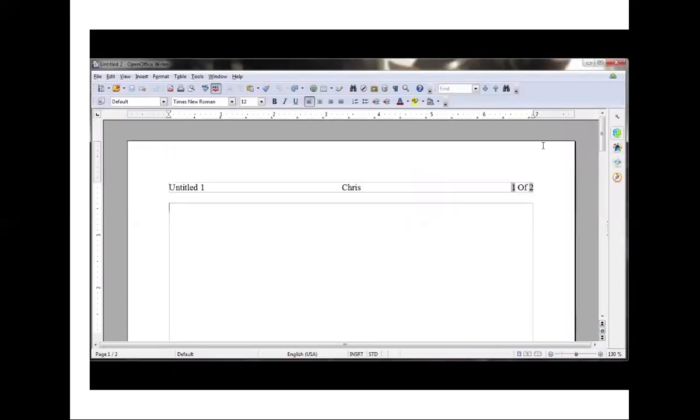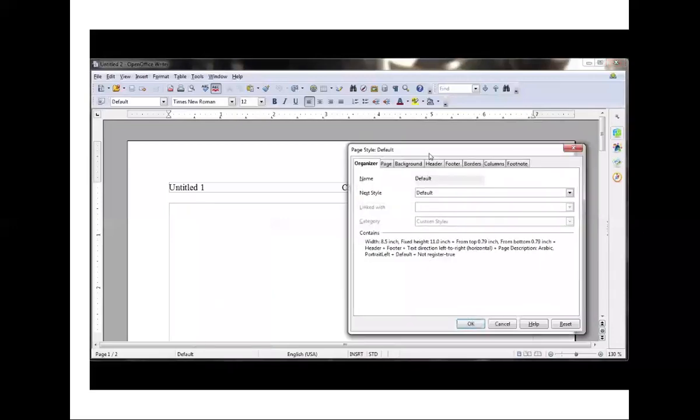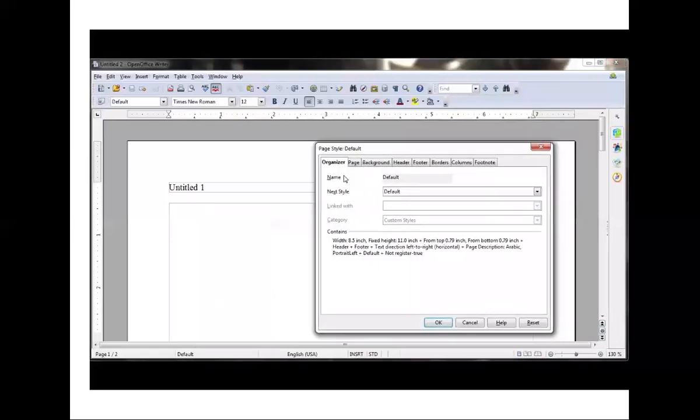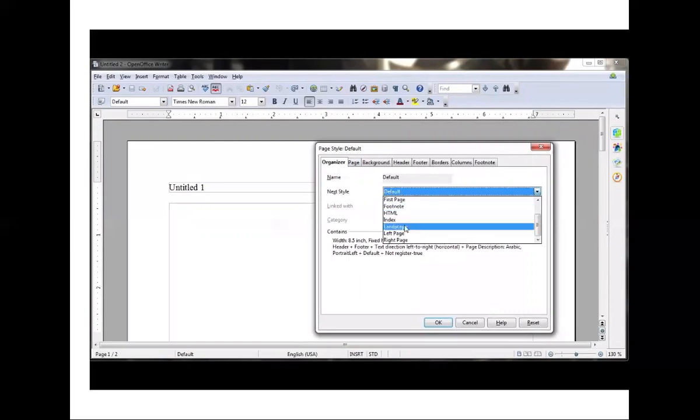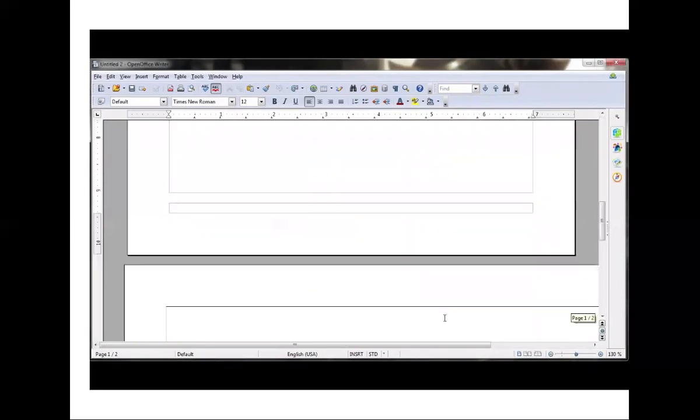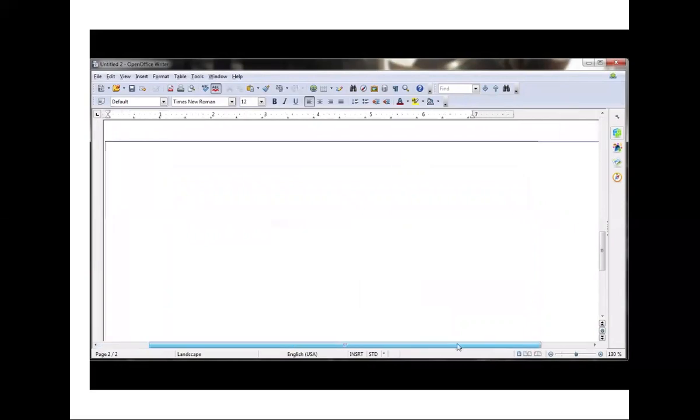What you would do is, say you had the first page being a title page, and then from every page past that, you wanted to actually change that into a secondary format. So you right-click on the first page, you go to Page, and then on the Organizer tab, you can choose the next page style, and this means the page style of the page that follows this one. For instance, we can change that to Landscape,